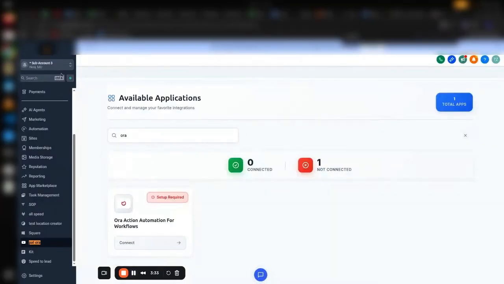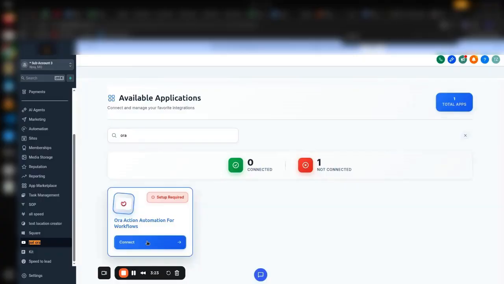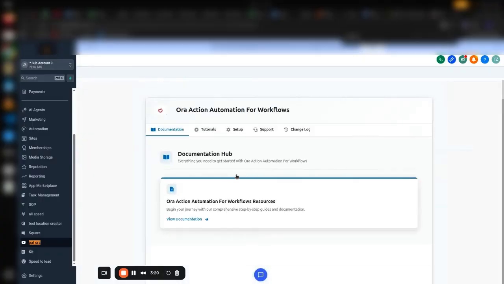Once you're done creating the custom menu link, switch to the account and click on the custom menu link. Then the interface of the app is going to pop up with all its available applications. Search for the app and click on Connect. Then you're going to have the second interface with all its necessary features such as documentation and everything you need